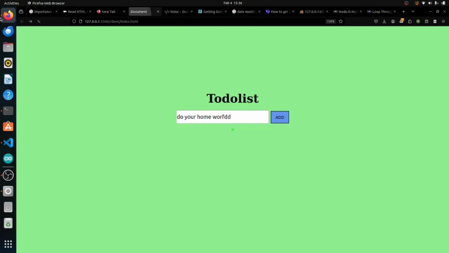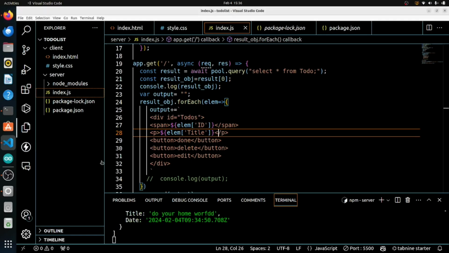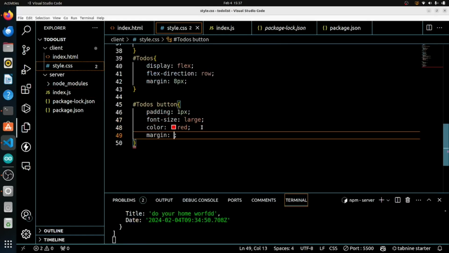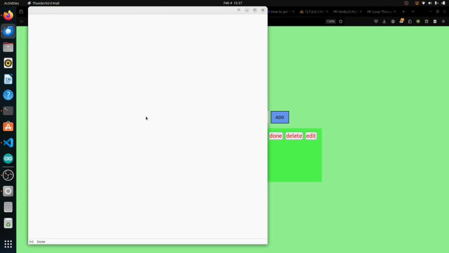And why is it not working? Okay, done. Deleted it. We need to have some margin, 0 four pixel. Save. Okay, now we can